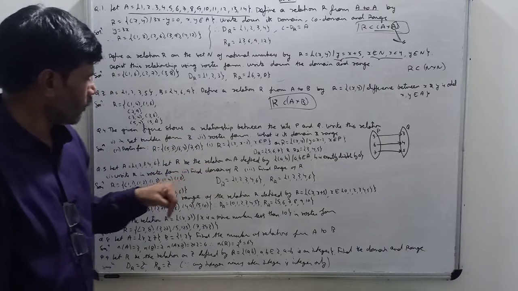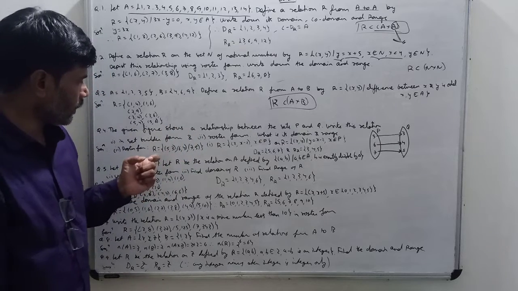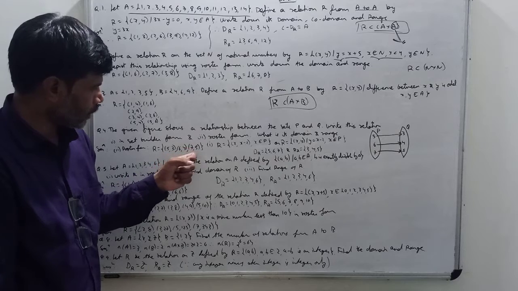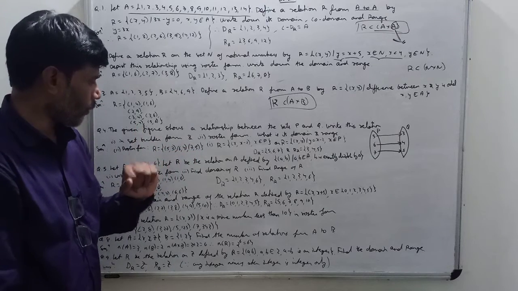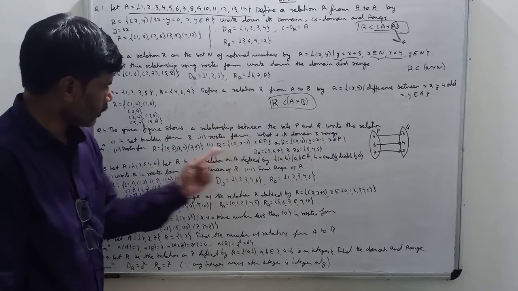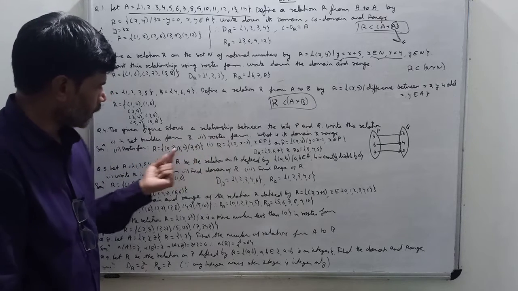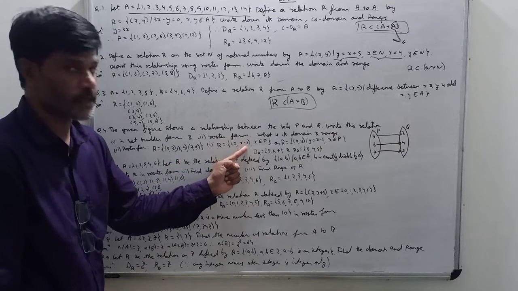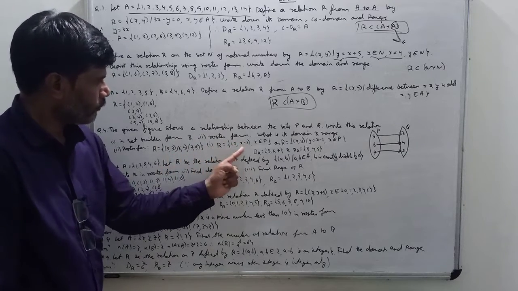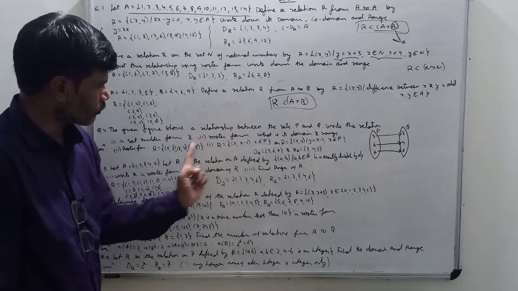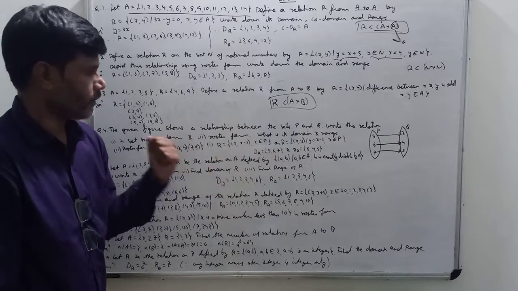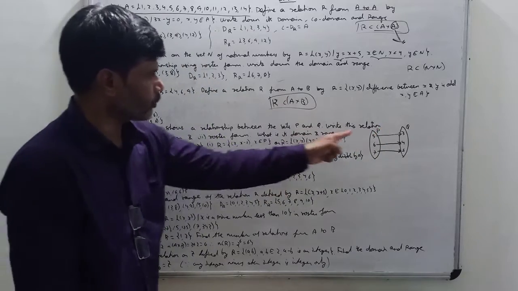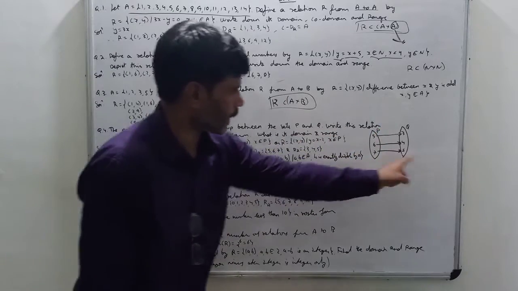Now in set builder form, as I told you, you have to observe the characteristics. See, 5 minus 3 is 2, 6 minus 4 is 2, 7 minus 5 is 2. So all are having the same property. So what I am doing: first element I am keeping x, then the second element will be x minus 2. So if x is 5, 5 minus 2 is 3. When x is 6, 6 minus 2 is 4. When x is 7, 7 minus 2 is 5. So this way also you can write, where x belongs to P, the first oval.